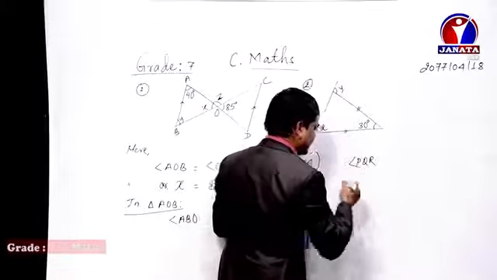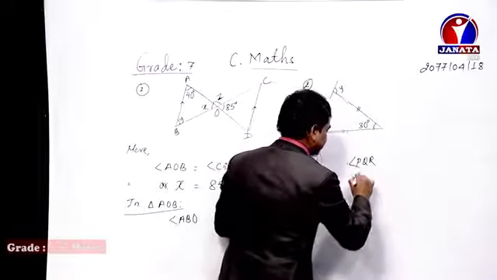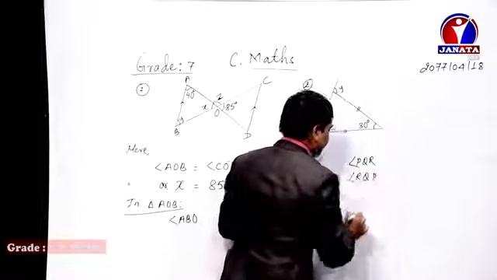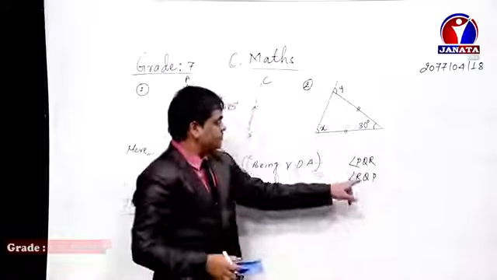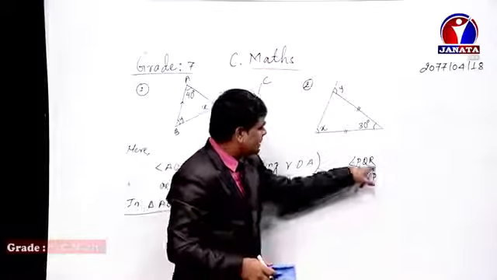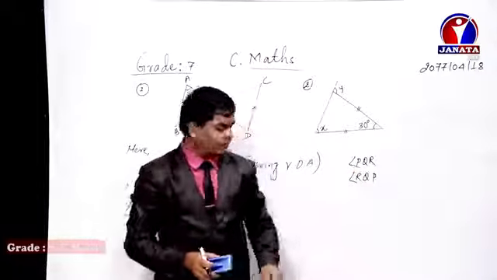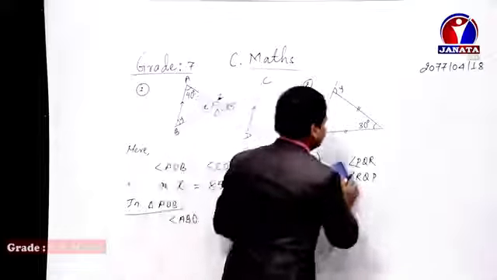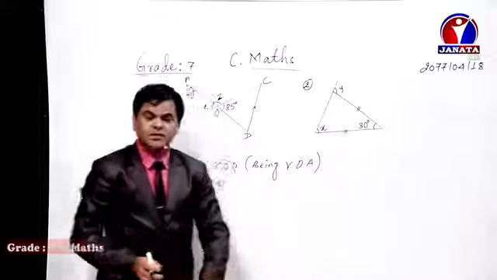Another way, from the other side, is RQP. But alphabetically, as P comes before R, we write PQR rather than RQP. But you can write this one as well to denote the angle in three-letter form.